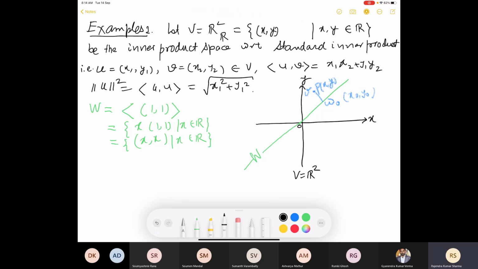So the distance of V from W naught, if the coordinates are this. So the distance of U,